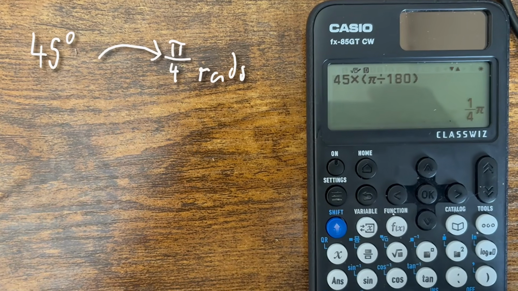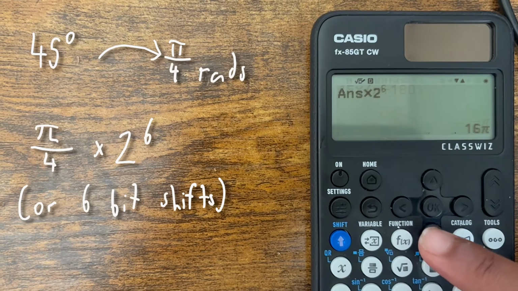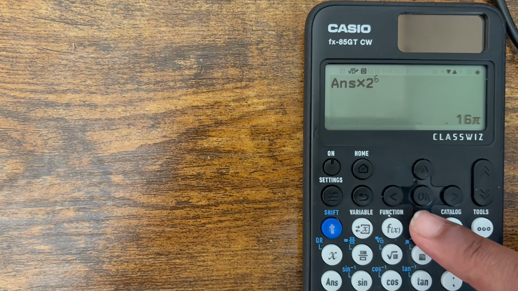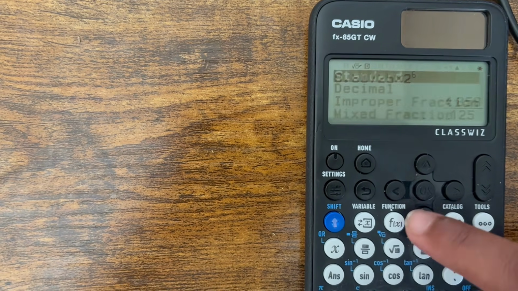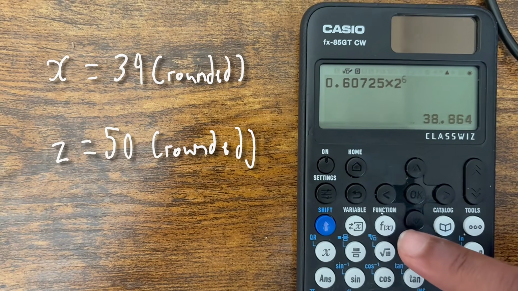The target angle is converted by having it in radians first if it isn't already, and multiplying it by 2 to the power of 6, or 6 bit shifts. The constant that we start off x with is calculated as well, and also multiplied by 2 to the power of 6, or 6 bit shifts. And we can assign each variable accordingly. Saying that 39 is equal to